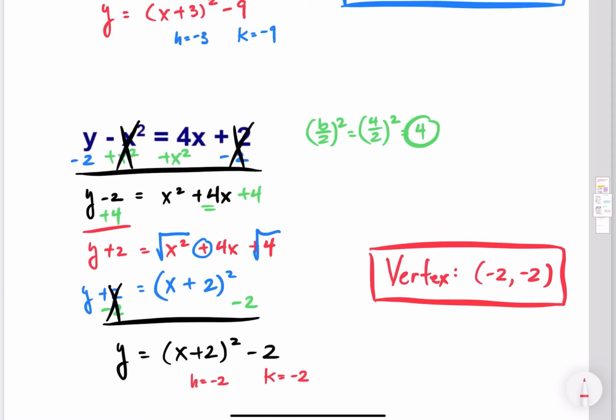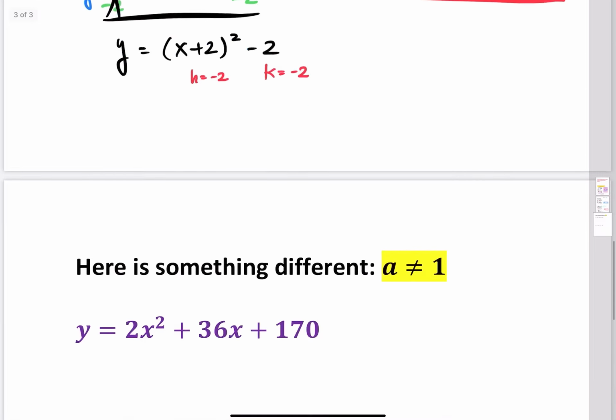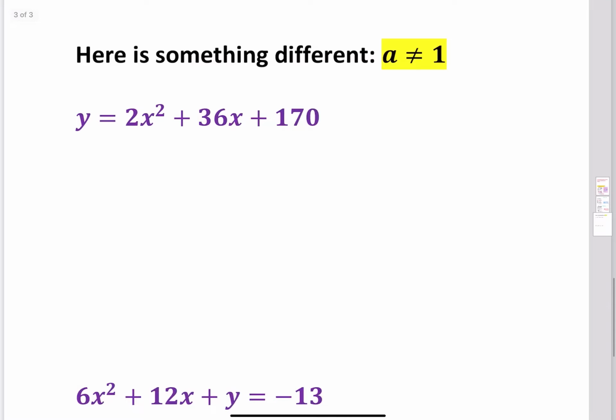Okay, so that wasn't too bad. But if we take a look at these types of problems, it's slightly different. The reason why it's different is because we now have an a value that's not equal to 1, meaning that we have a number in front of that x squared that is not a 1. Anytime you have that, the very first thing that you need to do is to get rid of that